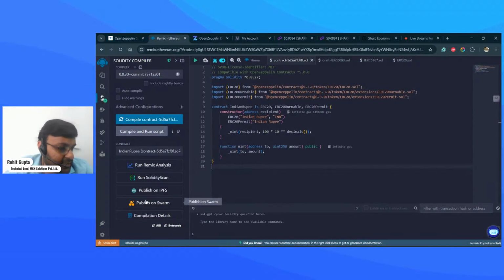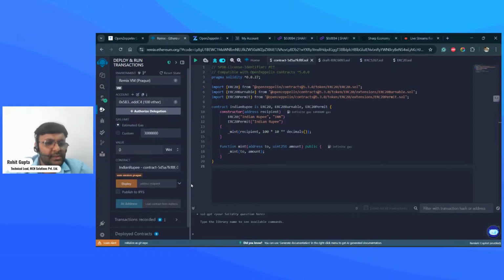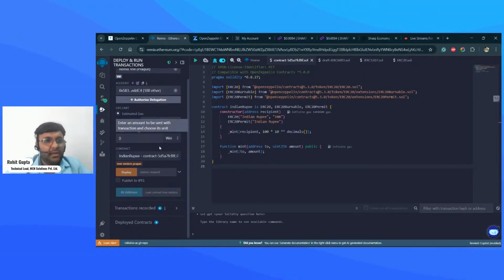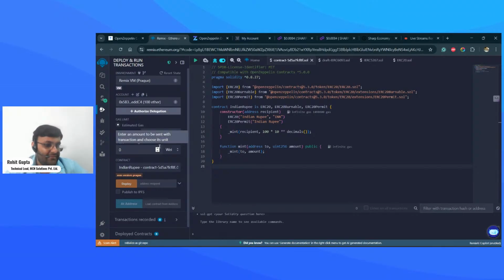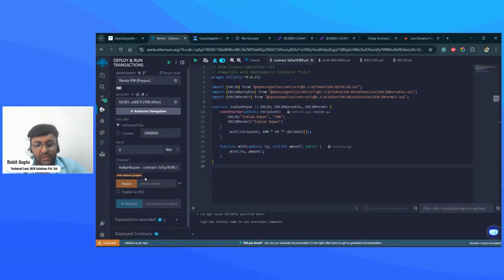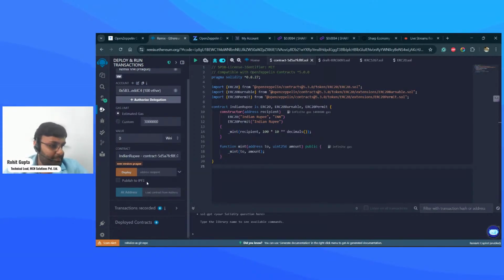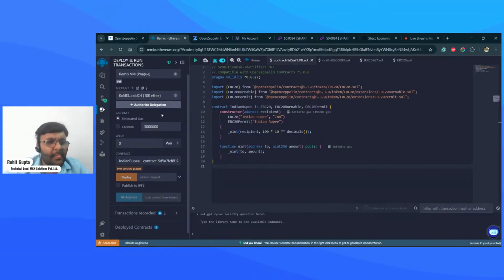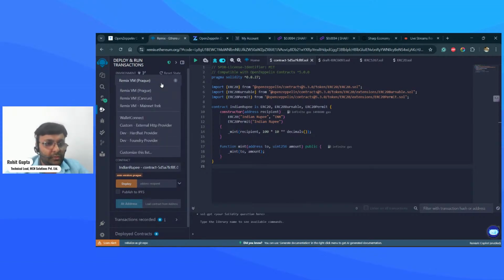Are you guys able to get the answer, why and what is the issue? Okay, let me go here. Now I will definitely be deploying it, but not using OpenZeppelin. That's a kind of a challenge for you guys. I can deploy it using Remix. Would you mind, guys? So yes, what I'll do, I will use